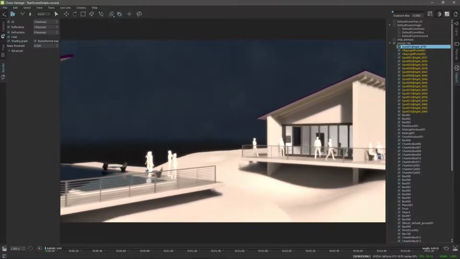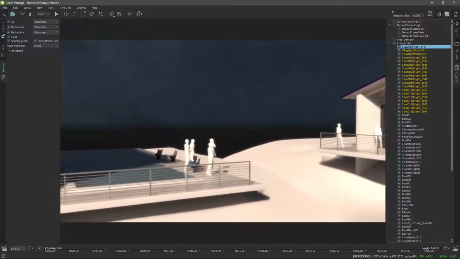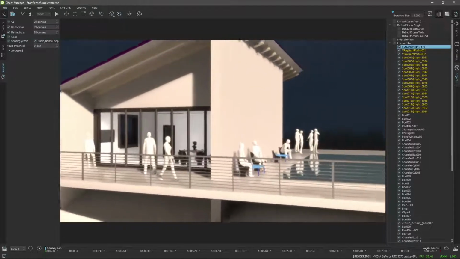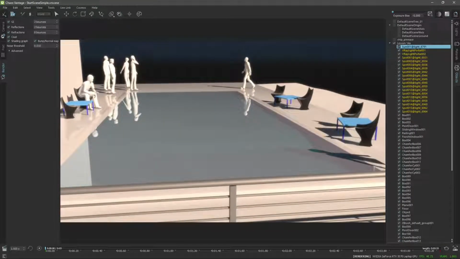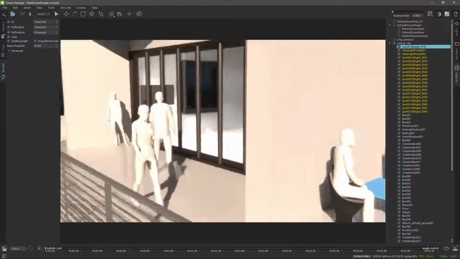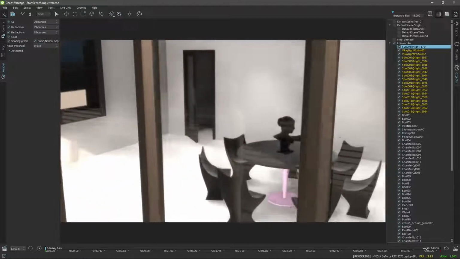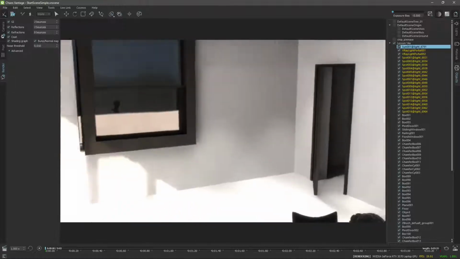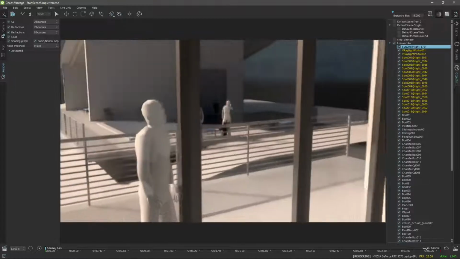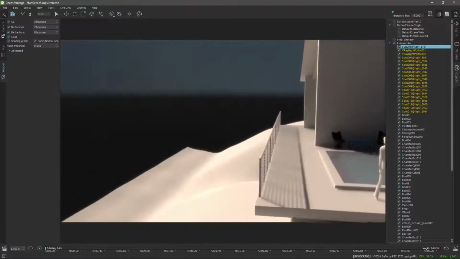Now all those people there are just silhouettes. I'm going to get closer here to see that some materials are already working okay, but most of the materials need to be recreated here. You can see interiors, exteriors, architecture, and so on.